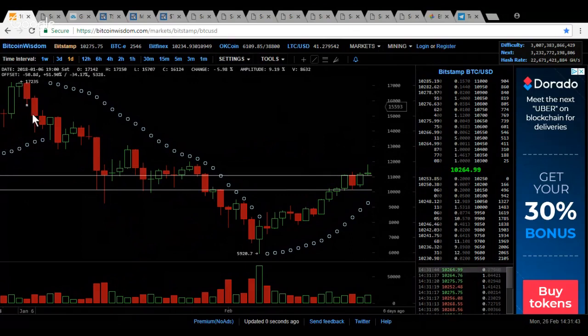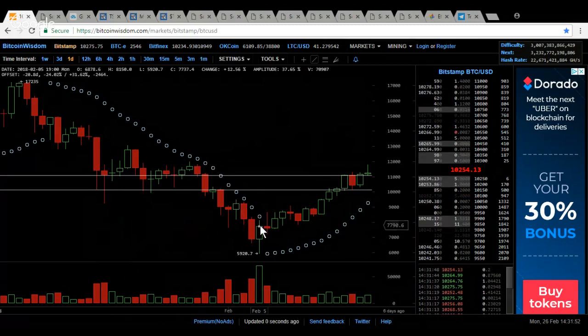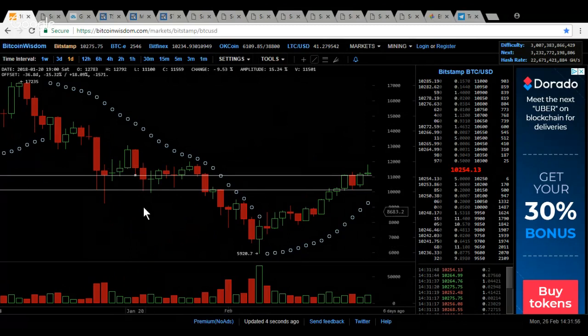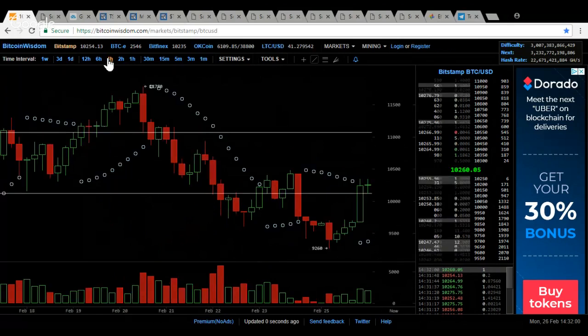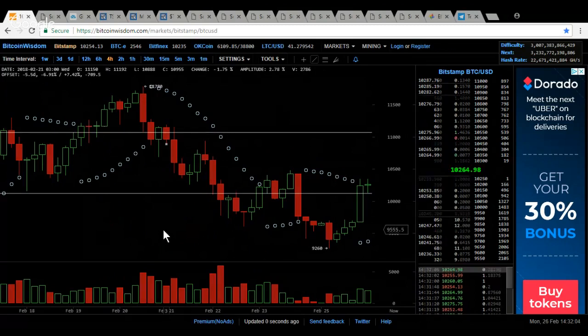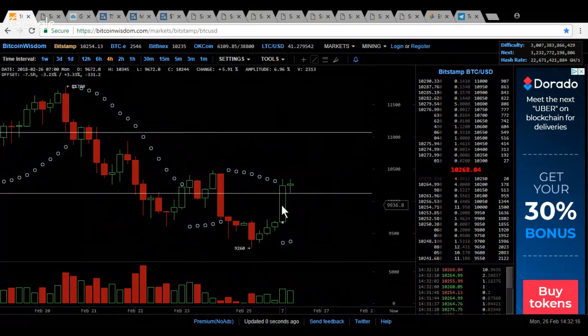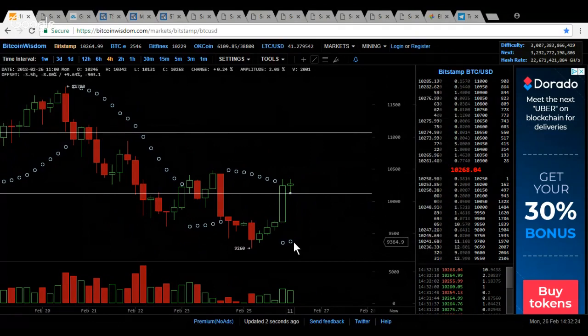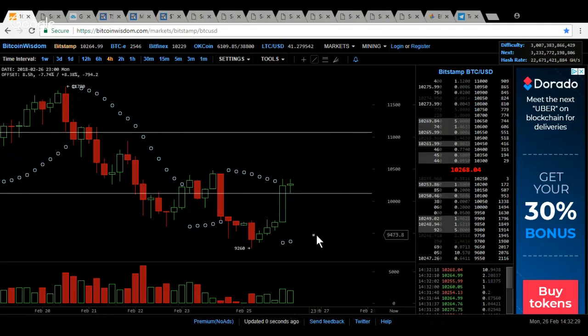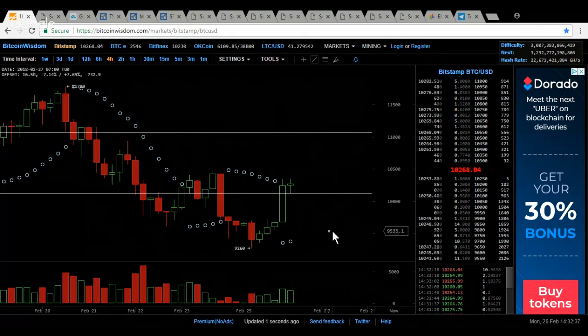And whenever the price begins to accelerate sharply up or down, you will notice that the stop and reverse points begin to space themselves out, and it gets more and more difficult to stay in a trade. Let's look at a much shorter period, 1/6 the time, which is on our 4-hour. You'll notice that even though the 1 day was still in a downtrend, today's big bar has reversed from down to up relative to the stop and reverse point. So the questions that we were getting asking about the difference between these two charting tools, one on TradeView, one on Bitcoin Wisdom,